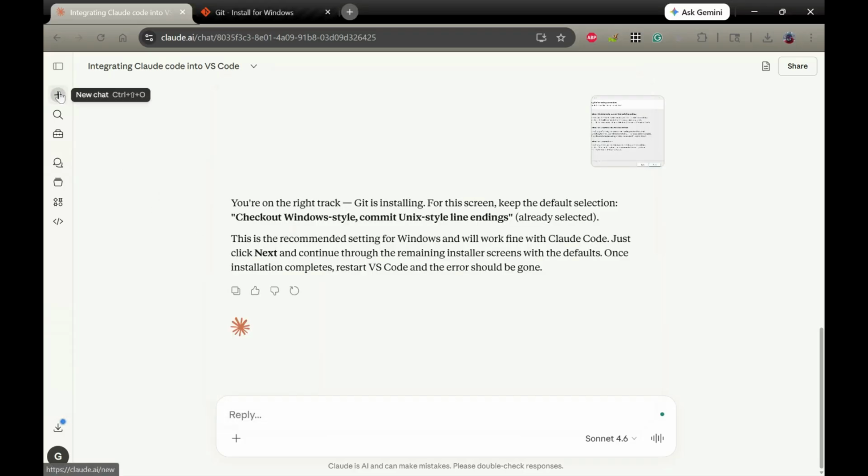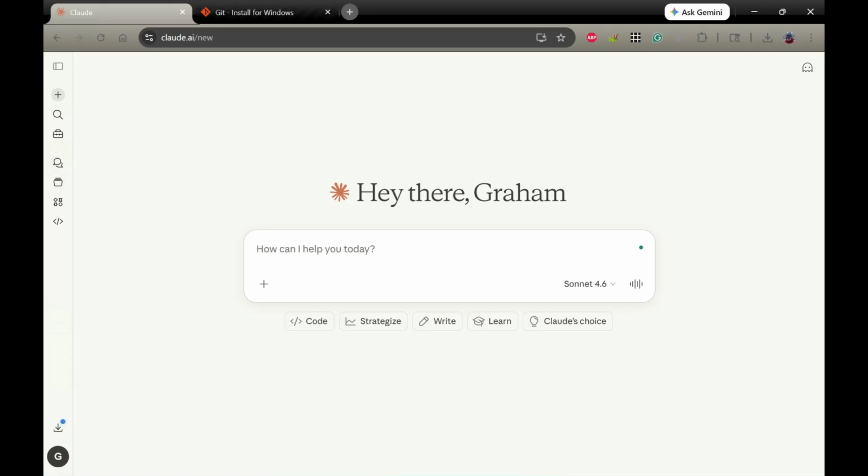While it's doing this, I'm going to start a new conversation. And I like to use Claude online to generate my prompt for Claude in VS Code. So I'm just going to ask it here. I want you to generate a prompt for me for Claude Code. Helps if you spell right. Yes. Using